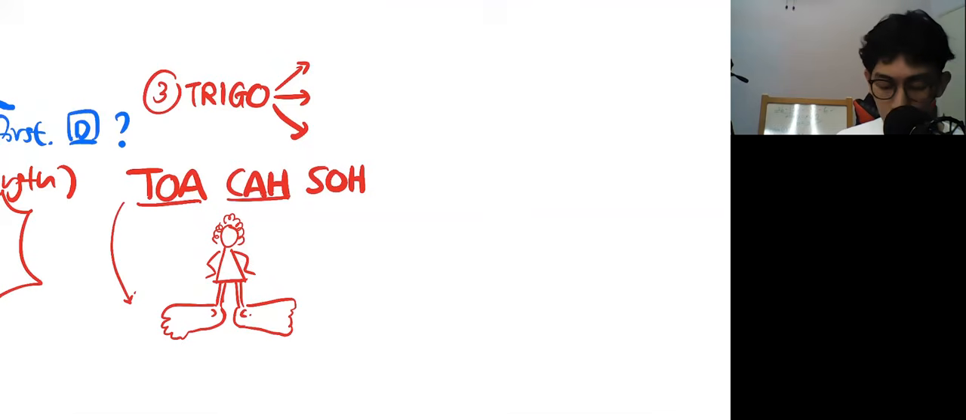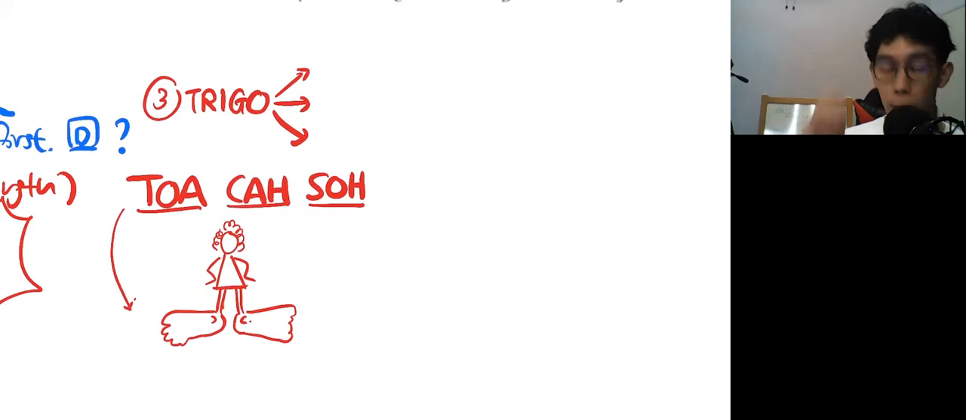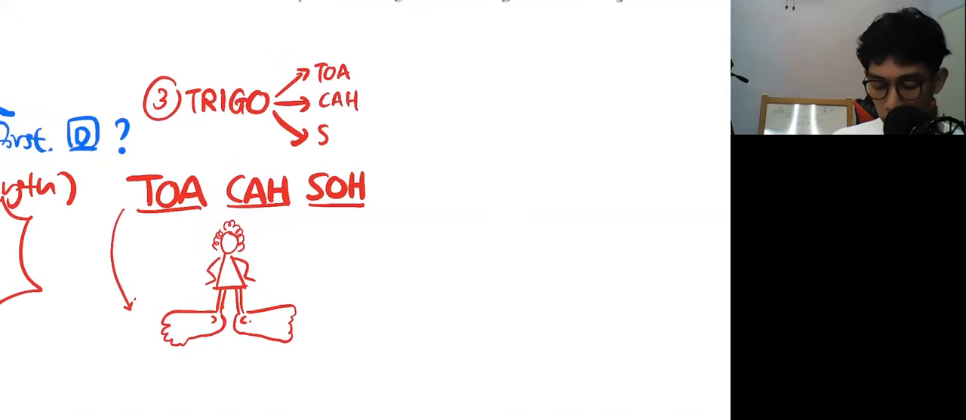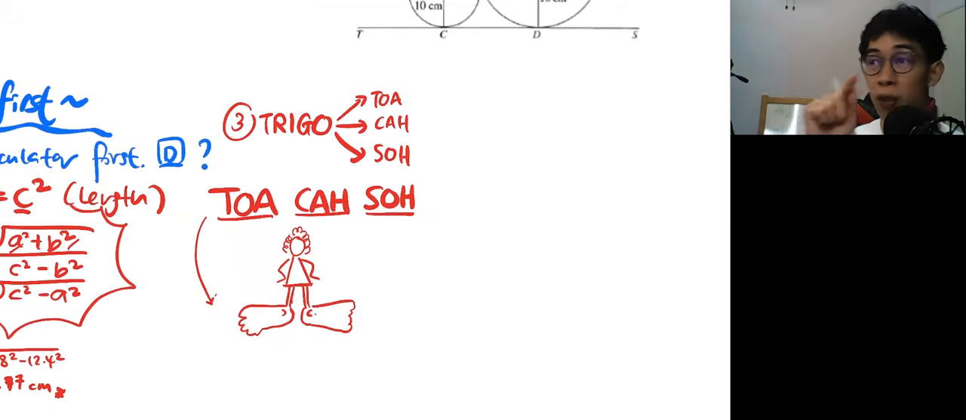Now this tua ka so, I'll put it on top. TOA CAH SOH. Now slowly, for students who didn't go through trigonometry before, the first thing is you have to memorize these initials, TOA CAH SOH. Why do I memorize these initials? That's the formula for each of the trigonometry